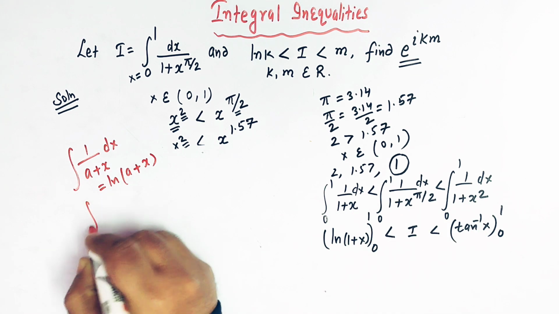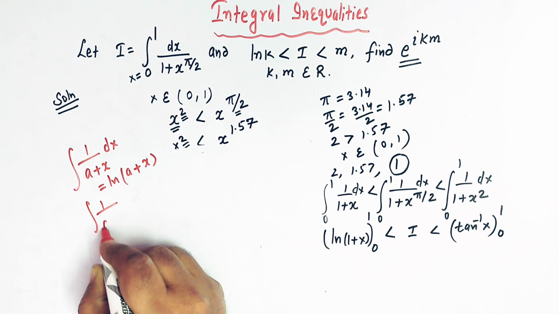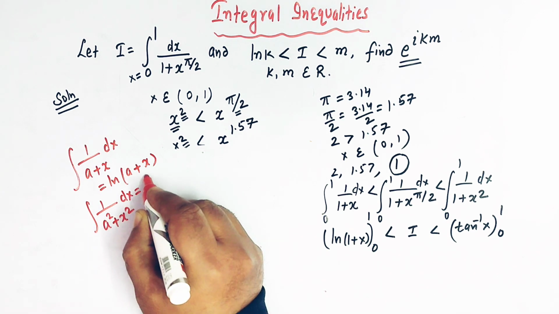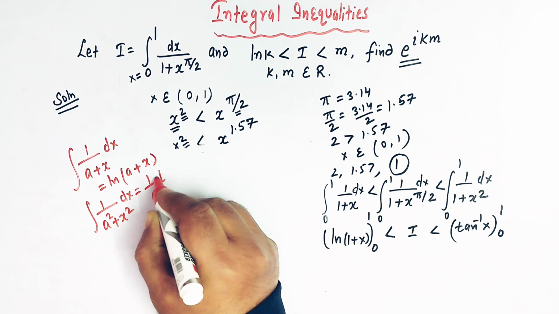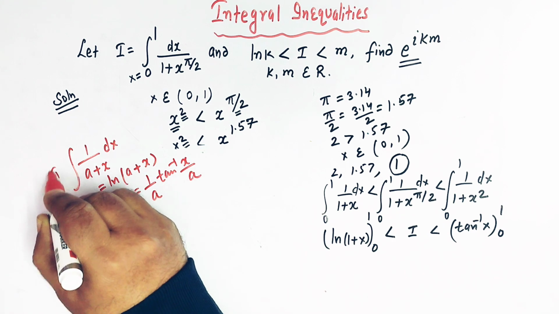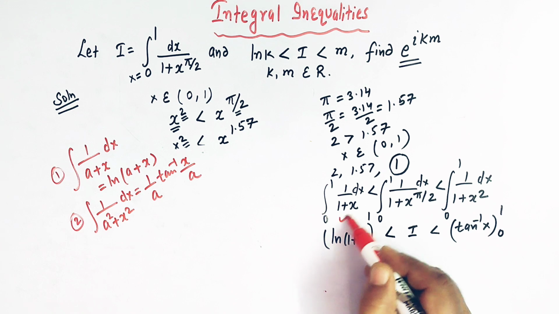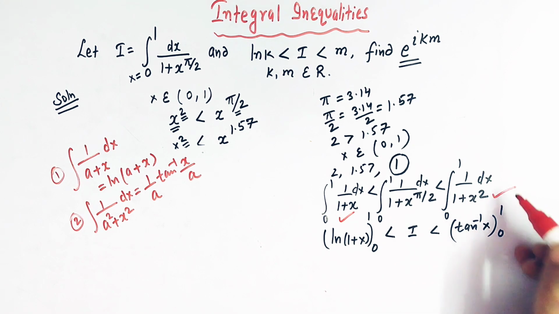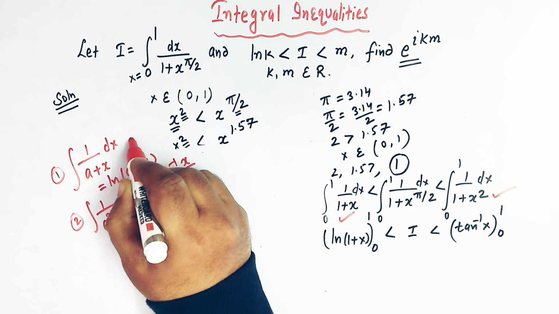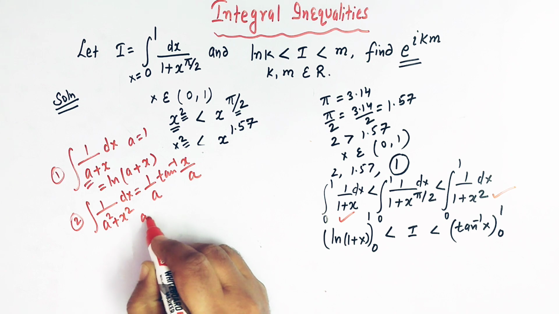And here we have used the integral of 1 over a square plus x square dx is 1 over a tan inverse x over a. So these two results are used in this expression and in this expression, right? So here we have a is equal to 1 in this case,